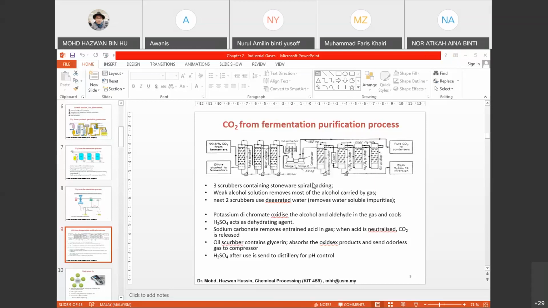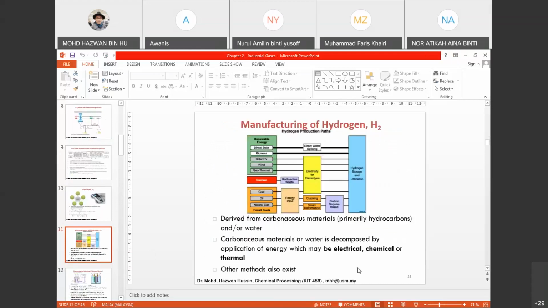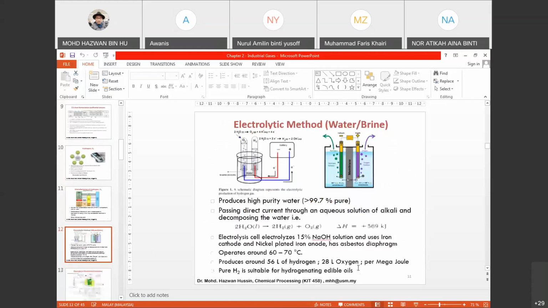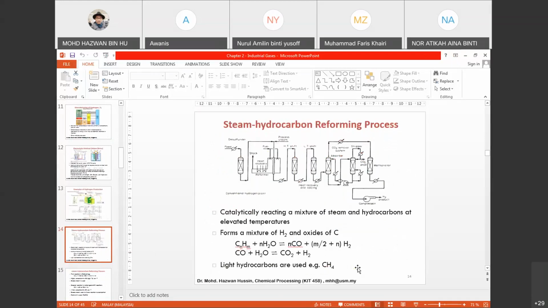Next, we also went through hydrogen gas. Hydrogen gas, known as a renewable fuel for the future, can be produced from electrolysis of water, microbial electrolytic cell, and steam gasification. These are the methods that we have been discussing previously. It is basically on